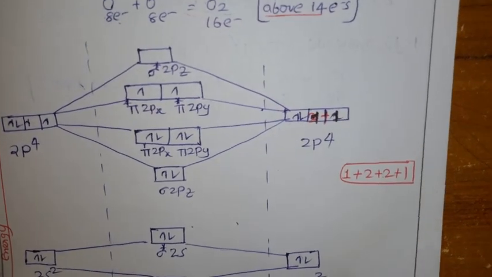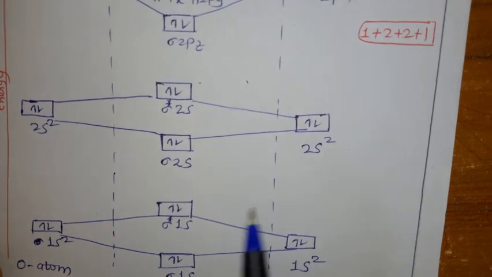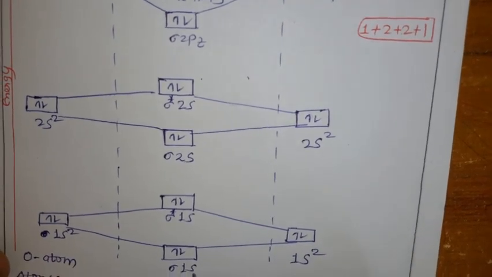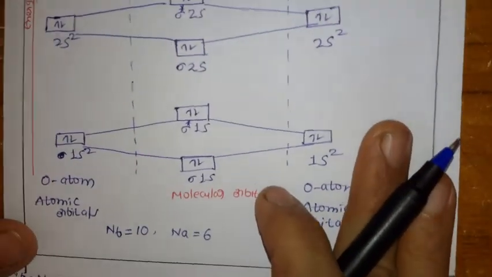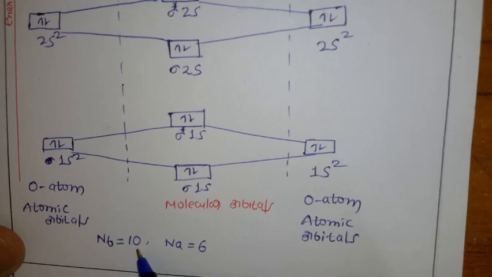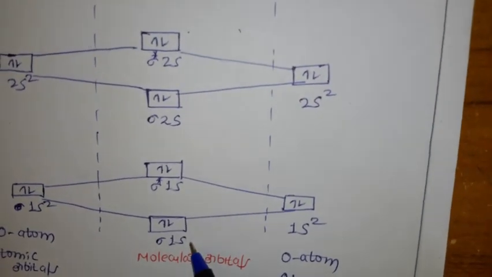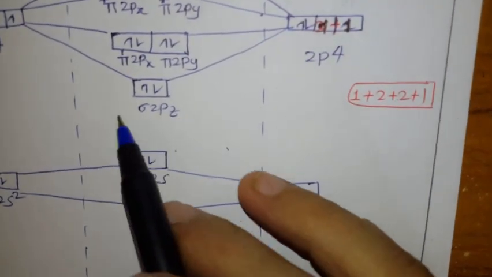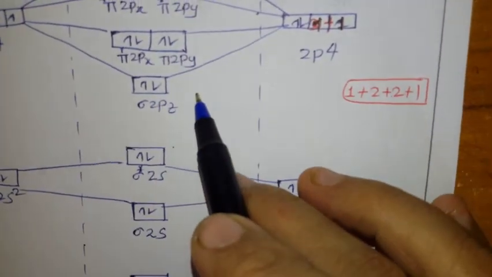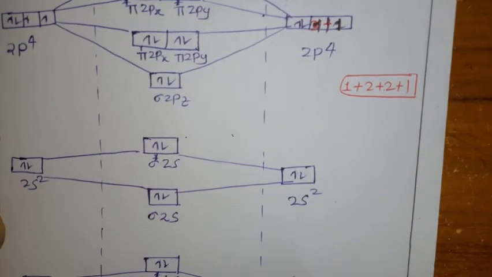Now come to bond order. For bond order calculation we need the number of bonding electrons and antibonding electrons. So now if you see here, the total number of bonding molecular orbital electrons, how many? 10. How is it? See, this is bonding 2, this is also bonding 2, plus 2, 4. Here all are bonding molecular orbitals. So 2 plus 2 plus, total how many do we have? 10.